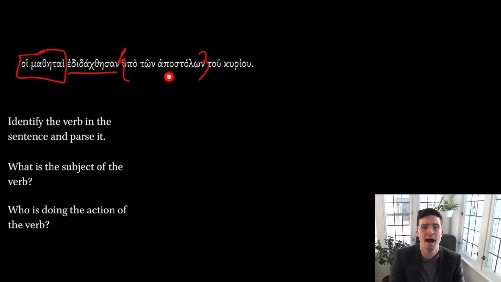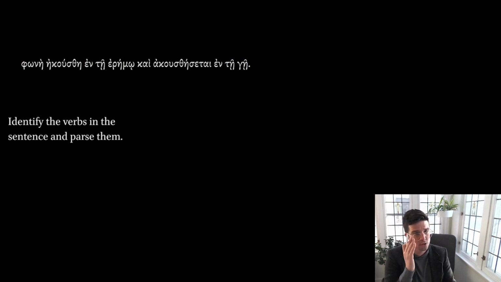We translate this as by the apostles, and the apostles of the Lord. So a genitive phrase here modifying the apostles. So the disciples were taught by the apostles of the Lord. And let's go ahead and do one more here. I'll read aloud, and identify the verbs in the sentence, more than one in this case. Φωνὴ ἠκούσθη ἐν τῇ ἐρήμῳ, καὶ ἀκουσθήσεται ἐν τῇ γῇ. So go ahead and, if you couldn't identify the verbs, pause here, identify them,